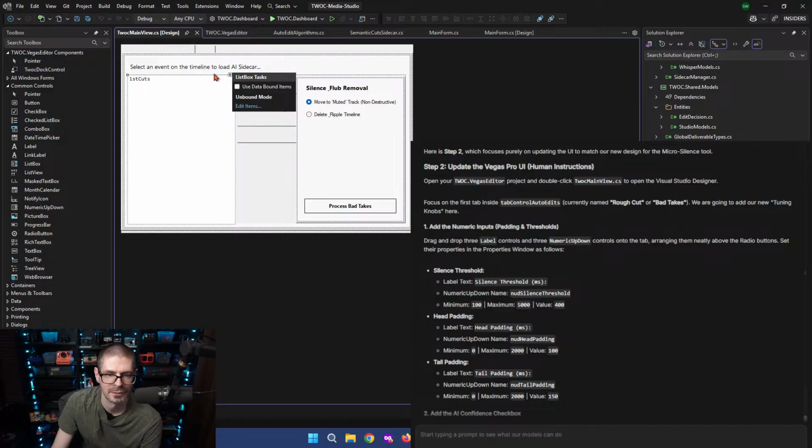What is this? Doesn't have a way to adjust it. Tab control. Table layout panel.